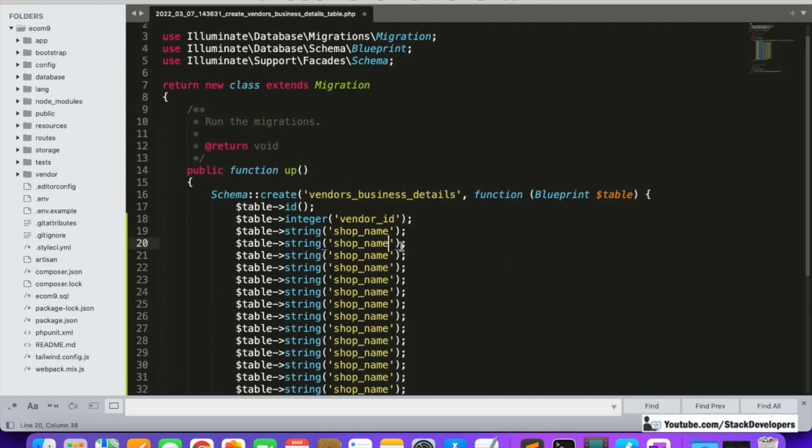Next one is the shop address, shop city. All these are address details, like the personal information. Now we are going to have the shop information, business information, state, country, pin code, mobile,